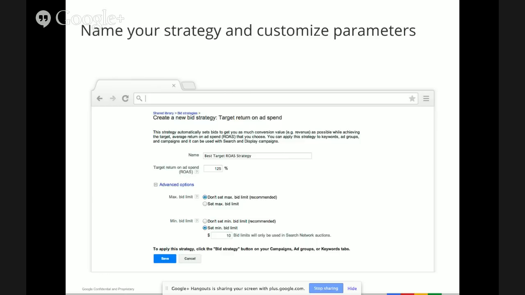In this interface, when you're setting your bid, we need a percentage. That would be 1,000%. So just make sure that you are looking at the whole number in the campaign settings area or in the campaign reporting, and you're doing a percentage when you set the bid strategy. And lastly, if you are applying this to a search campaign, at the bottom, you can choose to set bid limits, and we'll use those on the search network.